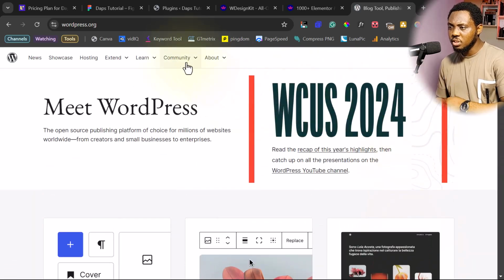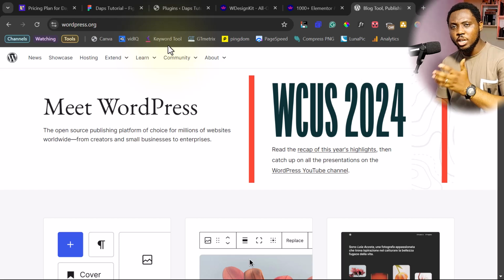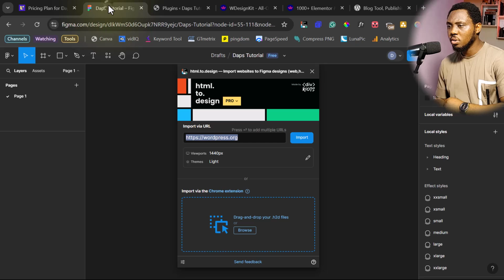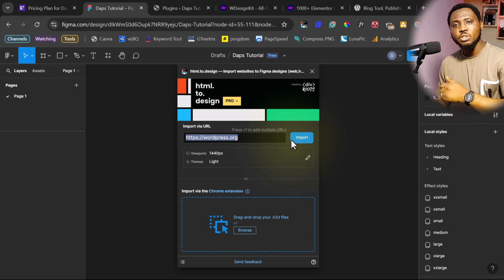So let's see if we can use this tool. I just want to show you exactly what I do before and what you can do better. So right now we come back here, and everything I want to do here is to hit the import button. But before we do that, there are quite some settings that we must look into. If you know Figma very well and you know Elementor right now, you know they deal with containers, and the best way for you to optimize your design inside of Figma for Elementor is for you to make sure they